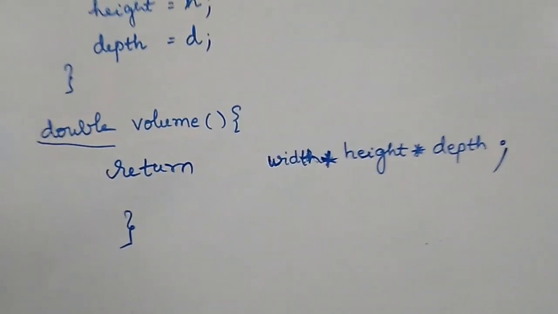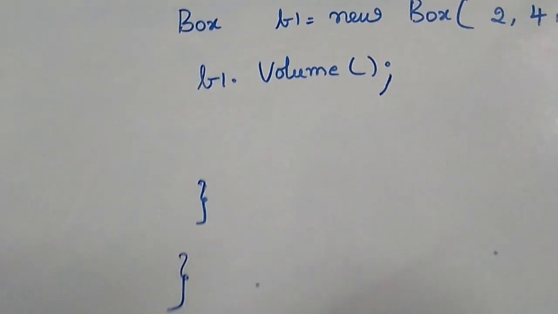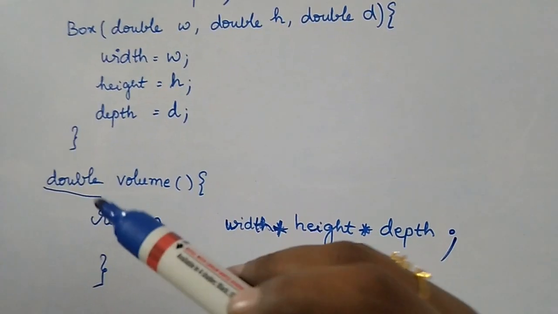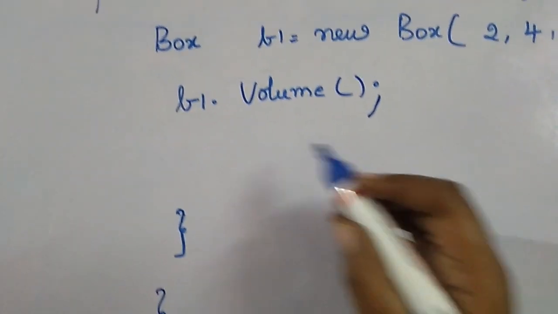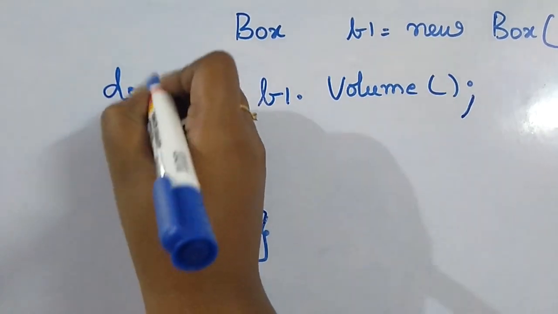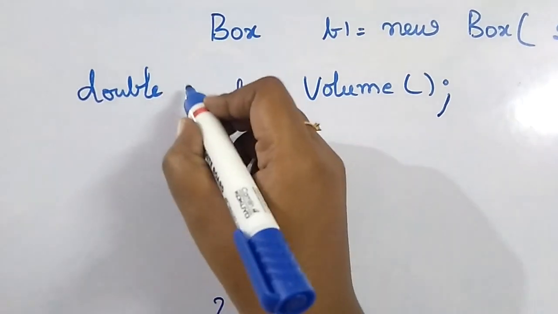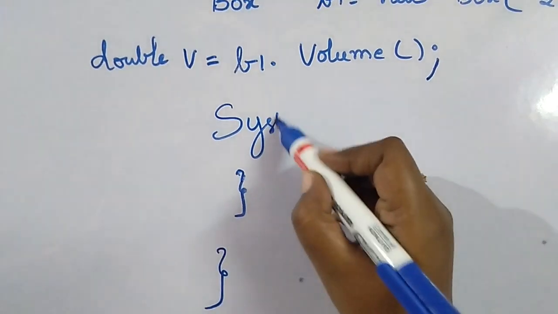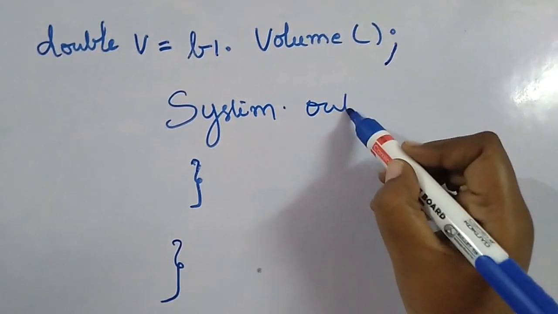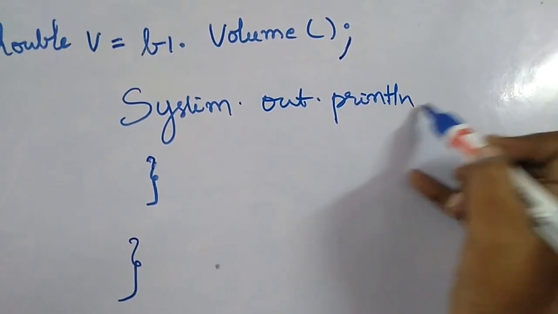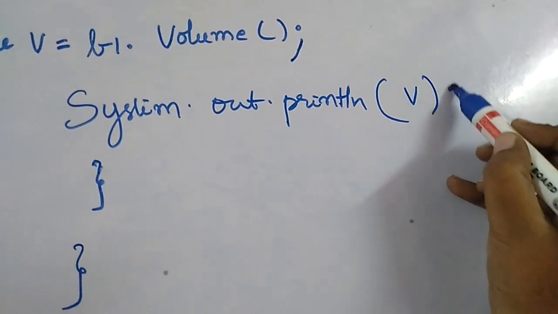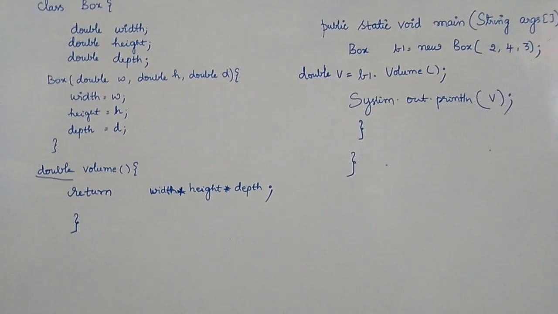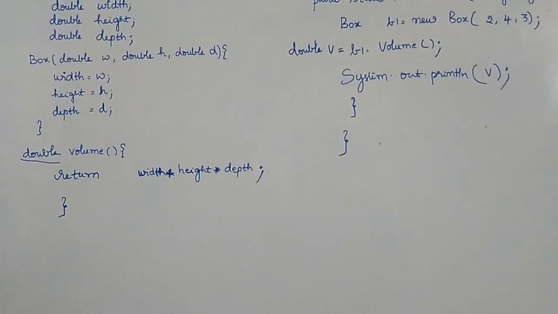Now we also have to change the call over here. When the control comes back from the called function to the caller, it is bringing something. It is bringing a double to the main method, so you need to catch it. I am saying double v is equal to b1.volume, because the return type is double. Now I'll use System.out.println and I will simply say v, to print v on the screen. So this is how the return types have to be handled. In case the return type is integer, then I have to say int v.